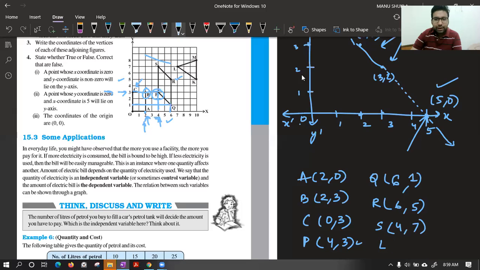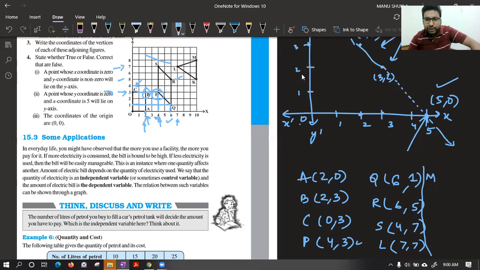Then we have L. Class, tell me the coordinates of L. Again for L also we have to see the vertical line is going to 7. You can see the vertical line is coming to 7 over here and over here also. So point L is 7 comma 7. If you have any problem seeing here on my screen, you can use your book also and tell the answers. Then we have point M.